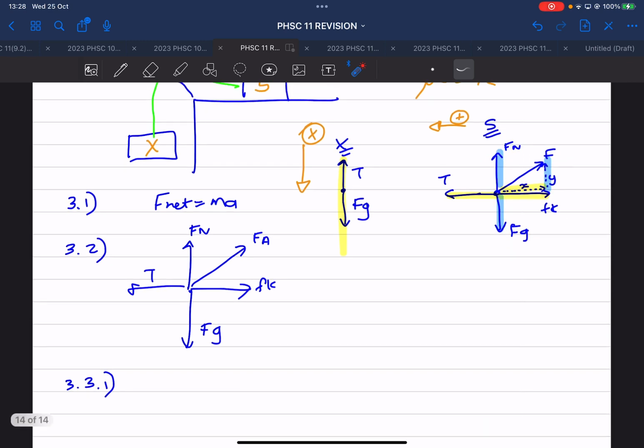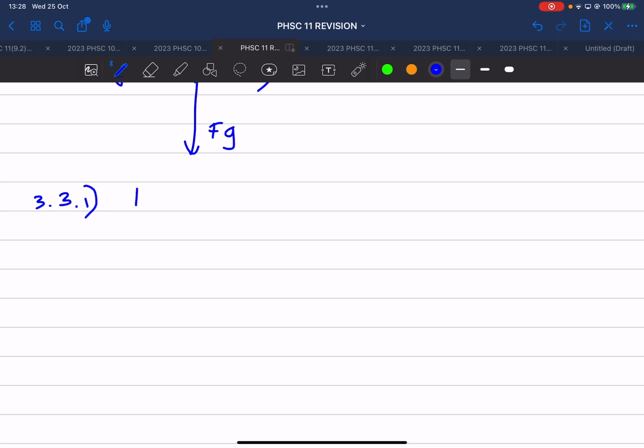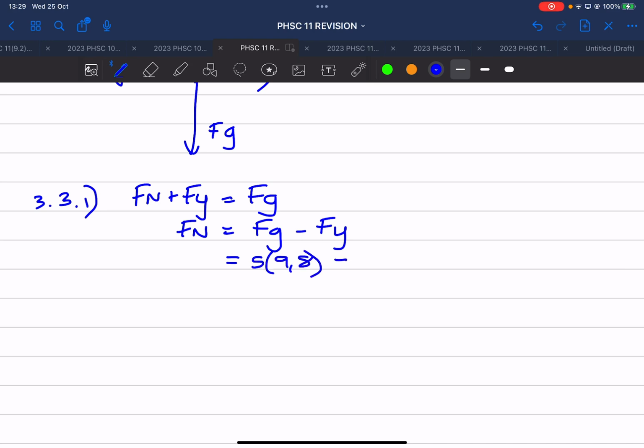This block here is not going up or down. It's moving actually to the left. So it means up and down is in equilibrium. Up and down is at rest. So what I'm going to do is say all the forces up, the Fn plus the Fy, must be equal to the Fg. So the forces up must be equal to the forces down. So that means Fn is Fg minus Fy. How do we calculate Fg? It's 5 times 9.8, and Fy,